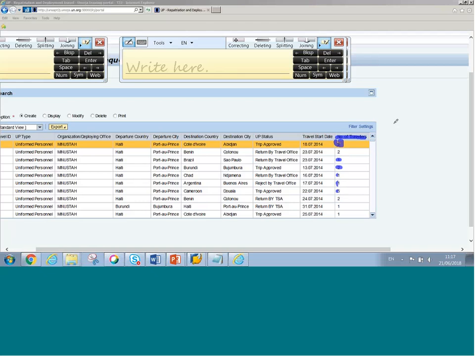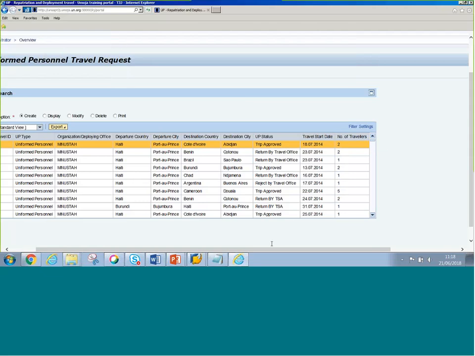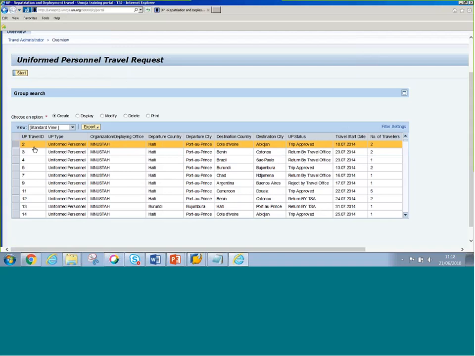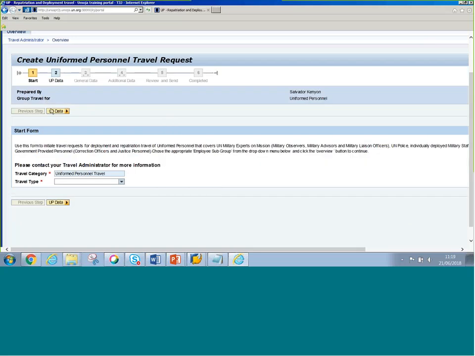Okay, so this is the dashboard to raise. You can modify an existing one, in case you want to submit one that you saved as draft before, or in case you want to raise a new one, you will click on the start button to initiate the travel request. So I just clicked on start, and what I was mentioning before is that as travel types,